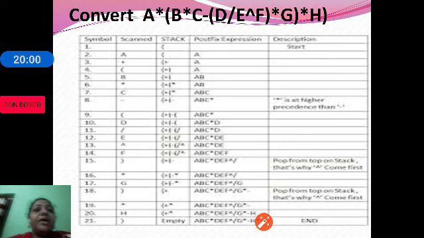Next is minus. As star is on top of the stack, minus cannot be placed on star because star has higher precedence. We remove the higher precedence operator from the stack, put it onto the postfix string, and then put minus onto the stack. Similarly, the next scanned symbol is a left parenthesis, which goes to the stack. Then comes D. D goes to the postfix expression. Then comes slash. Slash goes to the operator stack. Then E. E goes to the postfix expression. Then comes the cap.